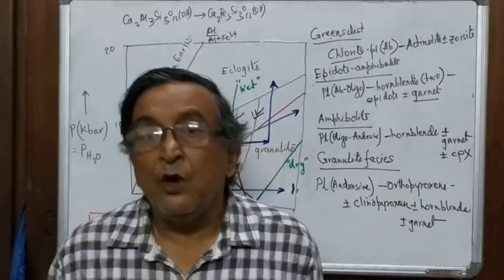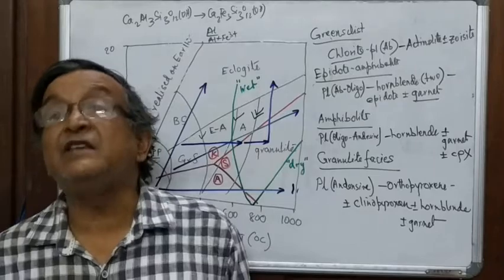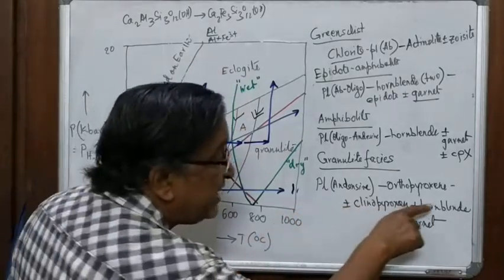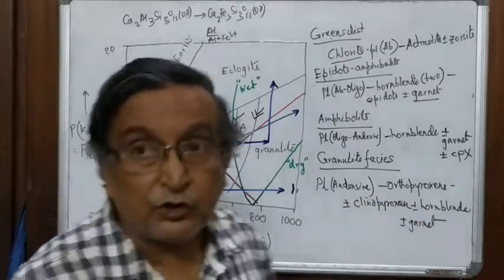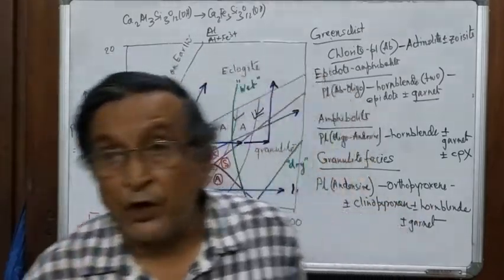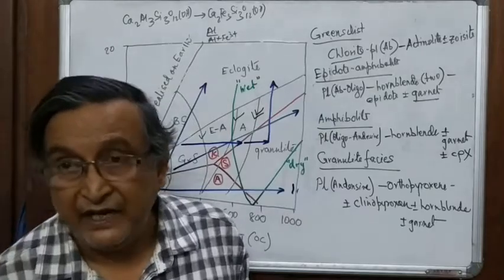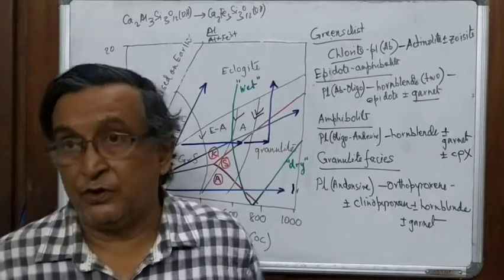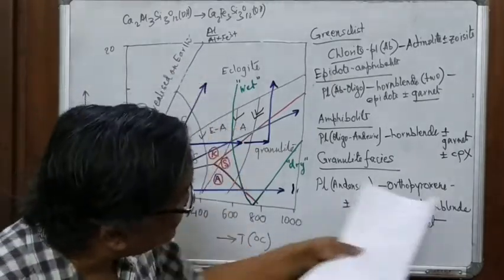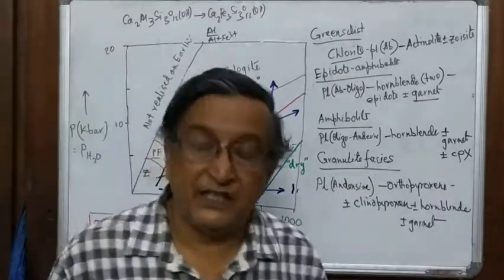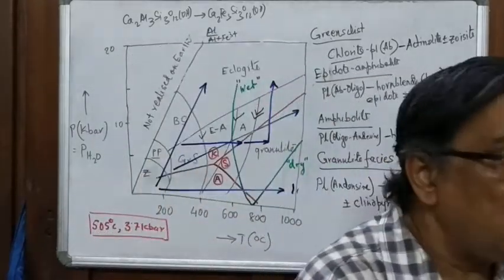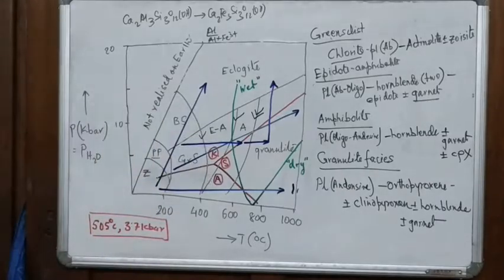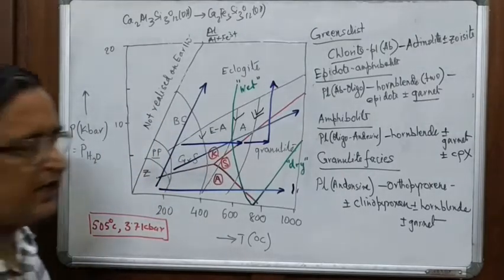If someone asks you, what is the granulite phase assemblage in a pelitic rock? This can be very varied, but many of these assemblages will not appear. Orthopyroxene, yes, it can appear. You can have cordierite, you can have garnet, you can have sapphirine, you can have a whole set of minerals. But you will not have this particular assemblage with hornblende in it. You will not get it. That is because of the diversity of the chemical composition. Right. So now, first we will talk a little bit about